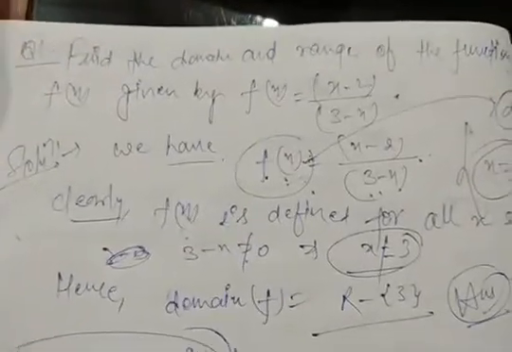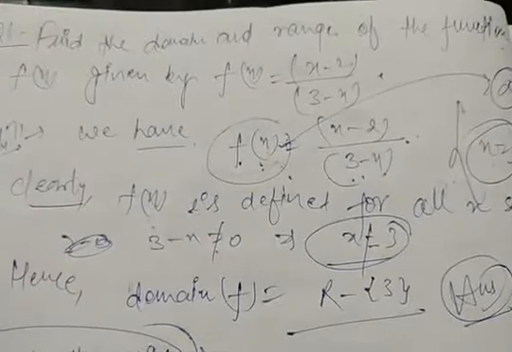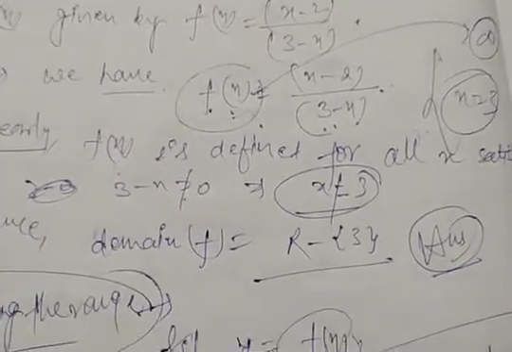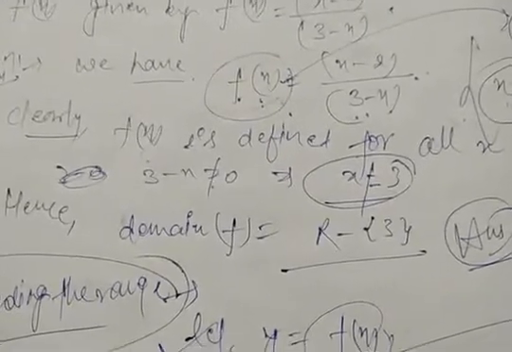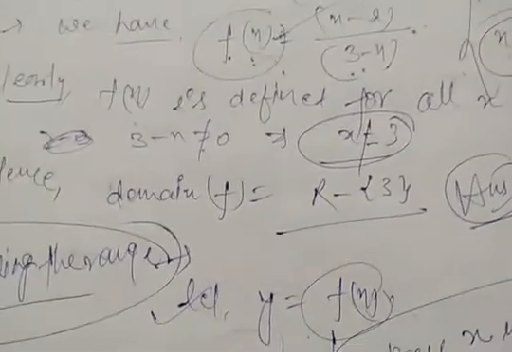In that question, first of all we find the domain and range of the given function, and for finding the domain, we solve so many questions based on them. For those values of x for which the function is meaningful, that is called its domain. So this given function is not defined for x is equal to 3. So the domain of the given function is all real values except 3.